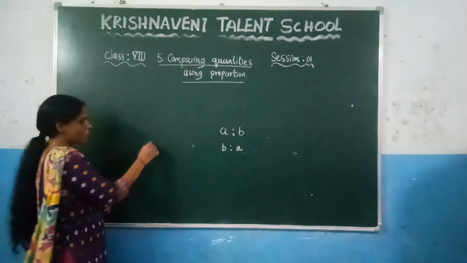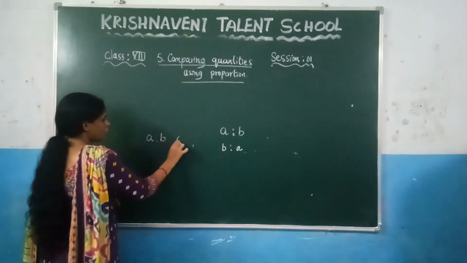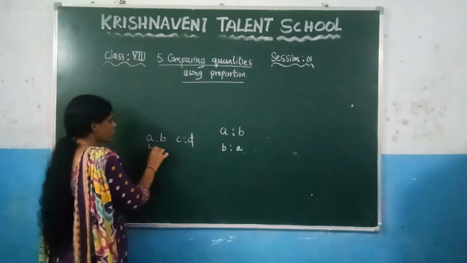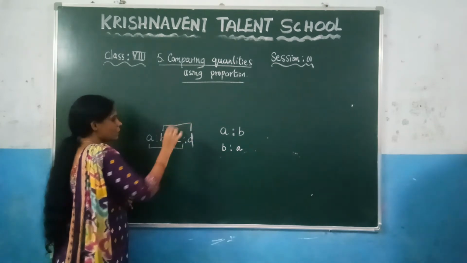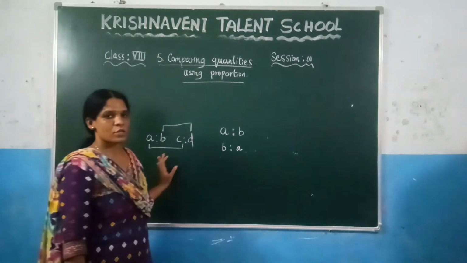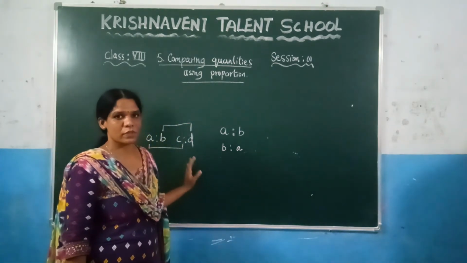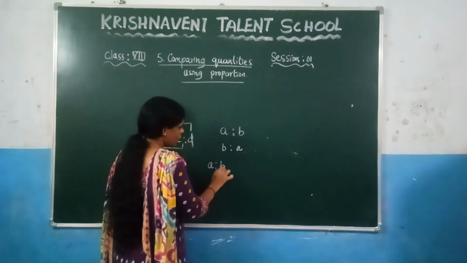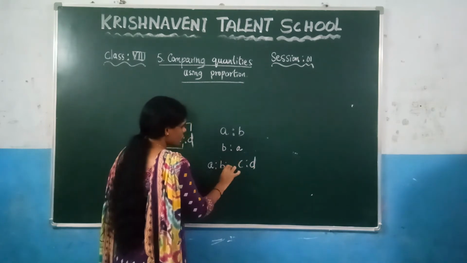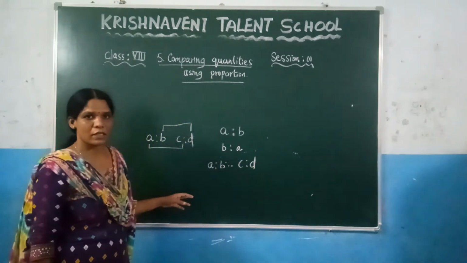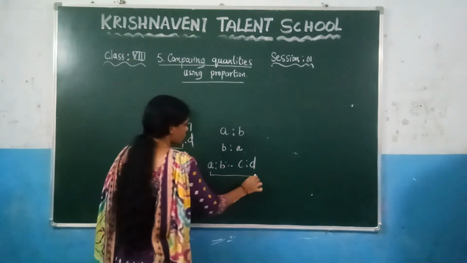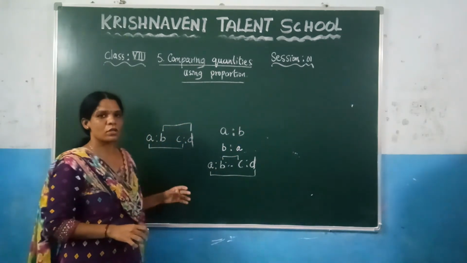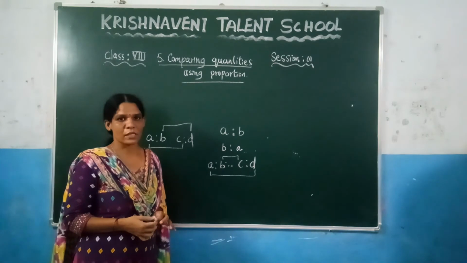After that we have discussed the compound ratio. Compound ratio means if you take any two ratios, how do you find the compound ratio? By taking the product of the antecedents and by taking the product of the consequents, so that you can find the compound ratio of the given ratios. After that we have discussed the proportion. If two ratios are in proportion, then the product of the extremes is equal to the product of the means. These things you should know to solve the problems in this exercise.